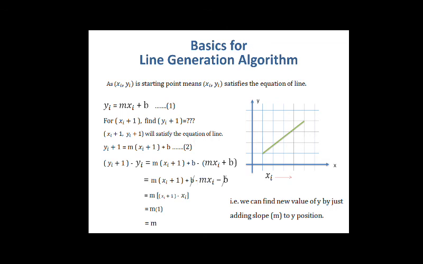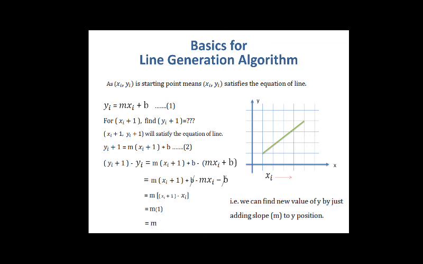So what is the value of xi plus 1 minus xi? This is your xi, this is your xi plus 1. What is the difference in between? As I am incrementing x by 1, the difference will be 1. That's why I am saying that xi plus 1 minus xi is nothing but 1, because I am incrementing the x coordinate by 1 in a gentle slope, right. So what is the change in the y coordinate? By which value is the y coordinate changing? By m. That's why I am saying y is changing by m. X is changing by 1 because x is incremented by 1, and y is incremented by m.